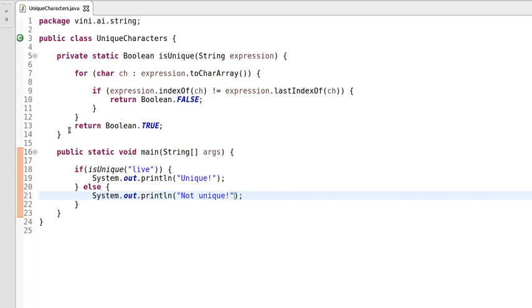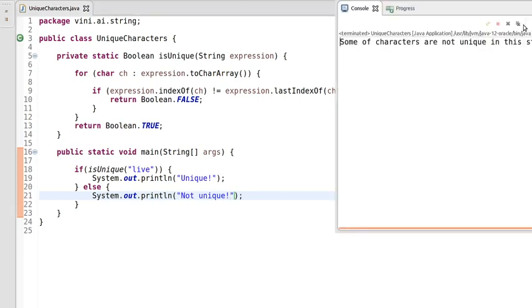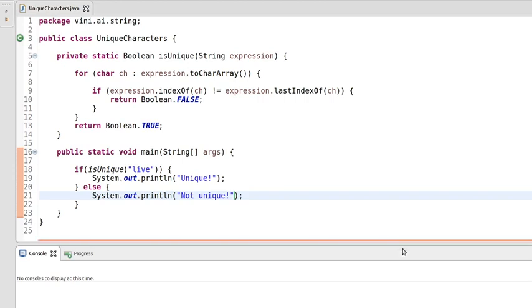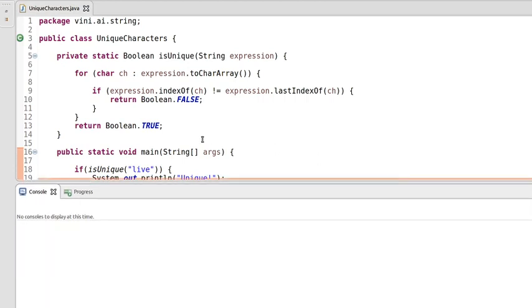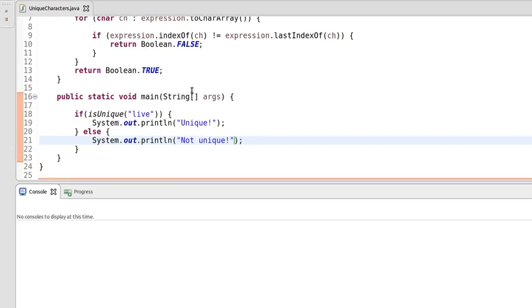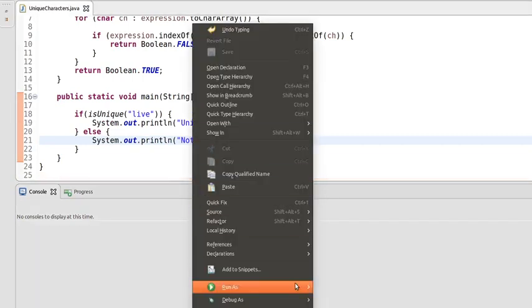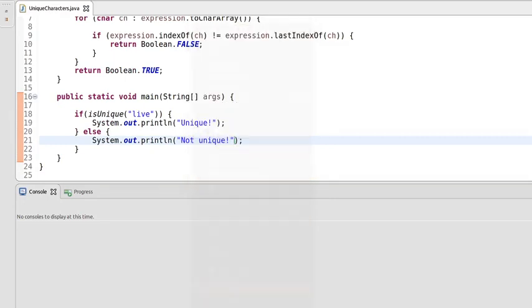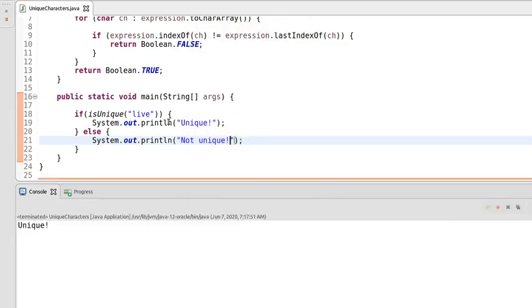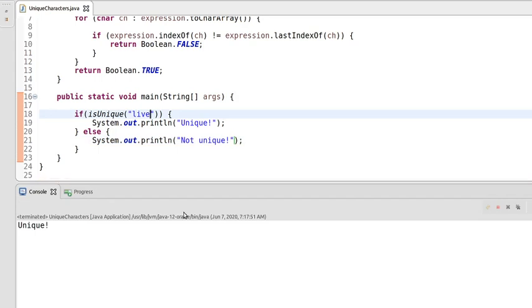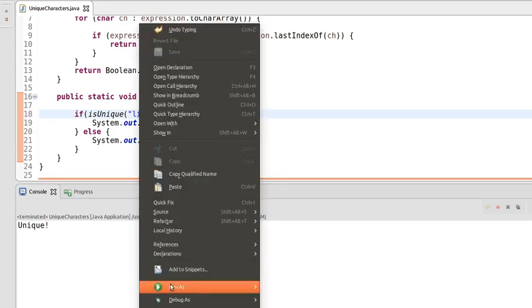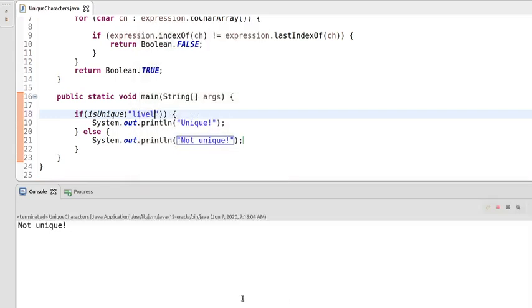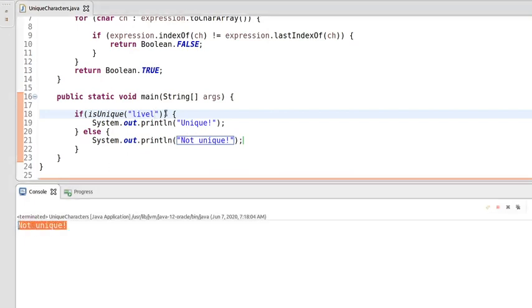That's it. So let's run this program. It should return unique here. Unique, yes, it's unique. Now let's make it not unique and run this again. It's not unique, yes, because we found the L character having two occurrences.